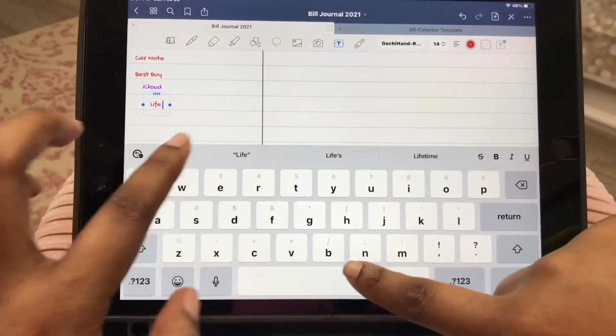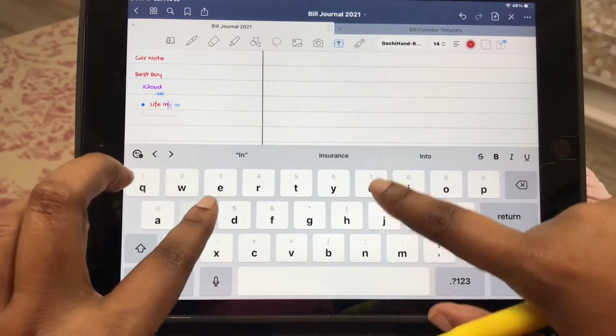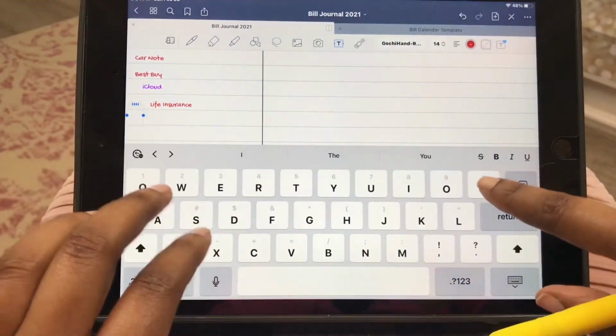So next we have life insurance, our phone bill,